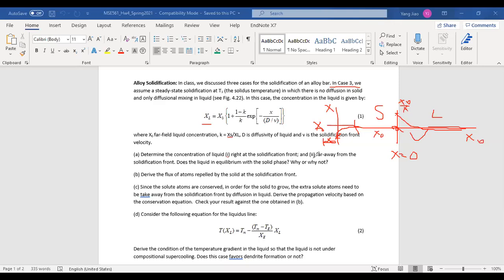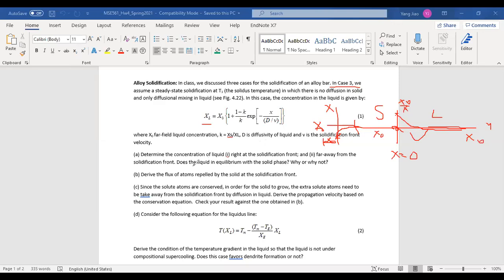The first one is to determine the concentration of the liquid right at the solidification front. You just need to plug in X equals 0 in this equation. If you do the very simple algebra correctly, you should get that the liquid composition right at the solidification front equals X naught over K, which is the equilibrium value predicted by the phase diagram. And when X is very far away from the solidification front, you should get the far field value. So when you plug in X goes to infinity, you get X naught, which is quite consistent with our qualitative